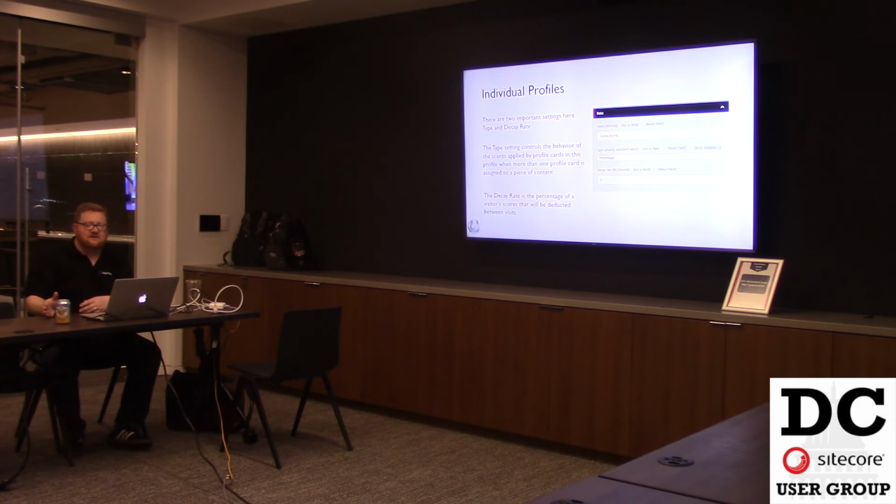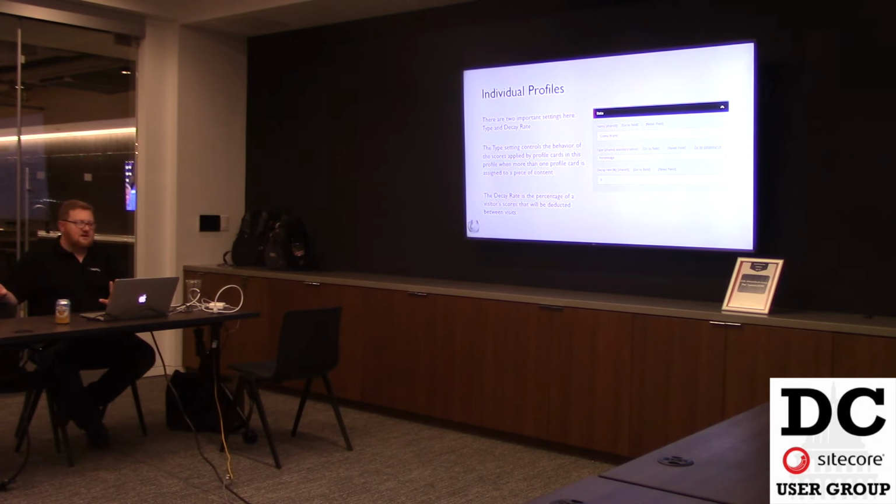If it's percentage, then Sitecore will average those two cards. So if you say dog content, and you apply the dog content profile card and the cat content profile card to an individual page, if you're using percentage, when a visitor visits that page, they're going to get 5 dog points and 5 cat points, assuming that the cards themselves set 10. If it is